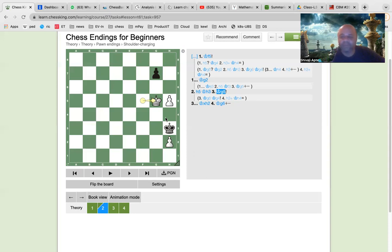See, these tempos are all very important. Earlier, because you were already on G5, when black makes a move, you have to move and vacate the square for black to occupy H4 or G4. And that is what black was aiming for. But because you moved to F5, you have a reserve tempo. When black comes here, then you come here. And now, it doesn't matter. If black captures, then this also is a win. And if black does not capture,